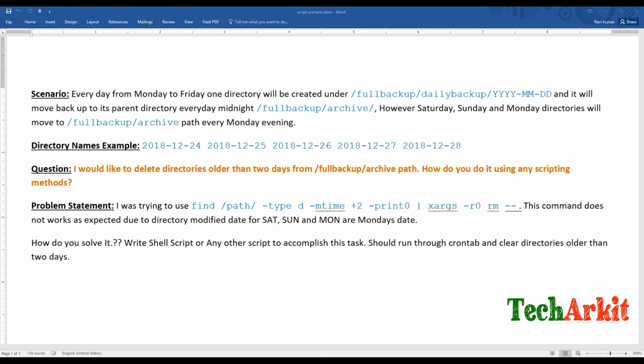The example is over here. You can see this is the example. This is how the directory's name will be created, and I would like to delete the directories older than 2 days from /fullbackup/archive path. How to do it is the question. You can use any script or any method to delete those directories older than 2 days from